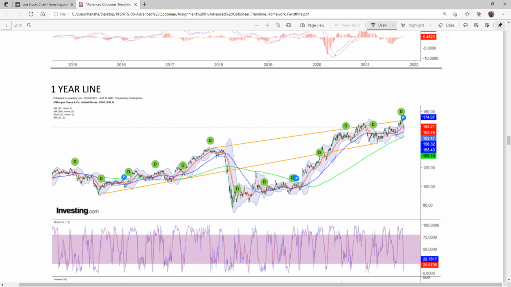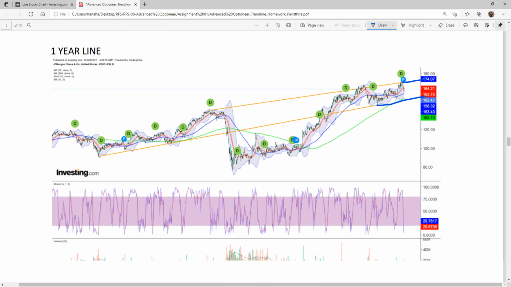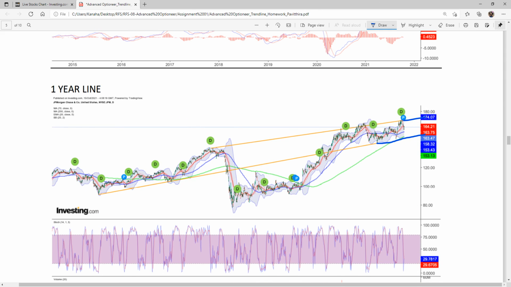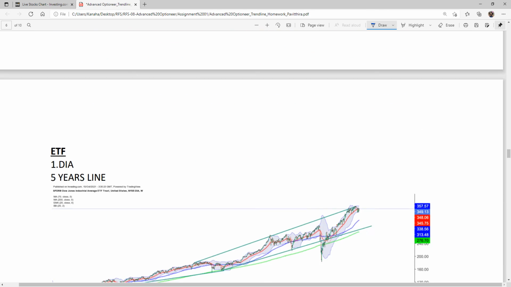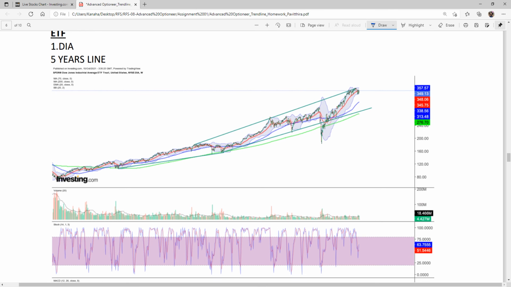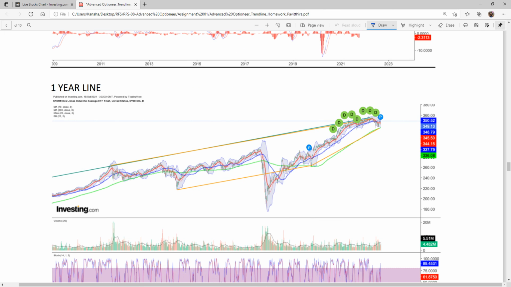So yeah, we can draw this line, so it matches well. You see it's going this way. This is JP Morgan. It's at the high, so let it come down before it can go up. ETF, fine, it's good. And your 1 year ETF,